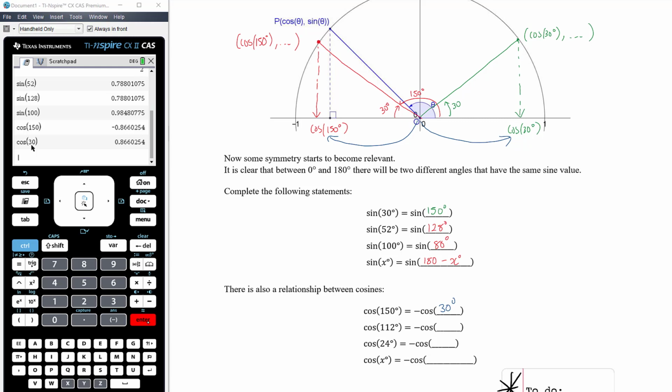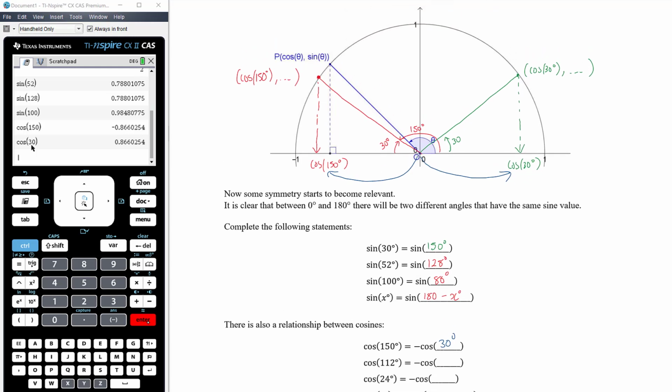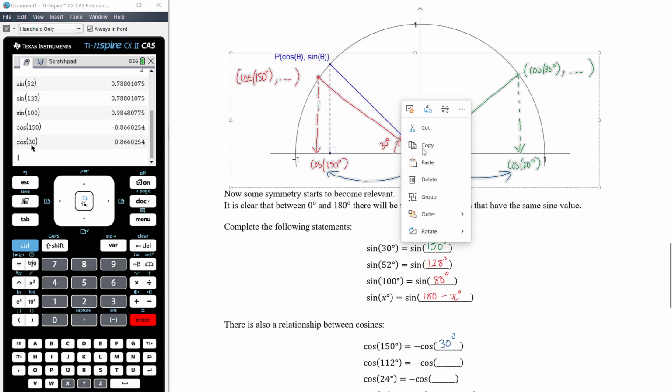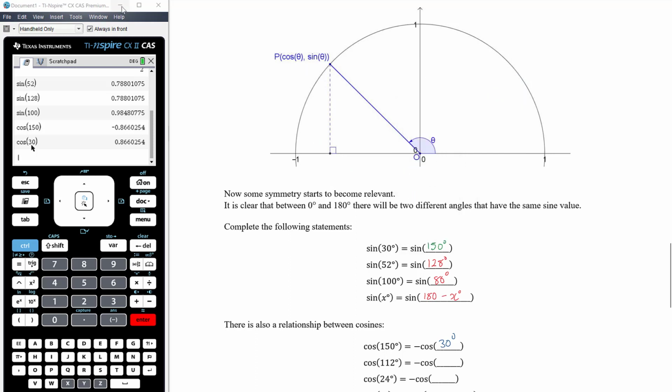Okay, cos of 112 degrees, let's have a think about that. So cos of 112 degrees, I'm going to try that again. 112 degrees, that's more than 90 degrees, so it's around in the second quadrant. It's 22 degrees past there, right? So let's go somewhere over here. Let's say that that's 112 all the way around to there,